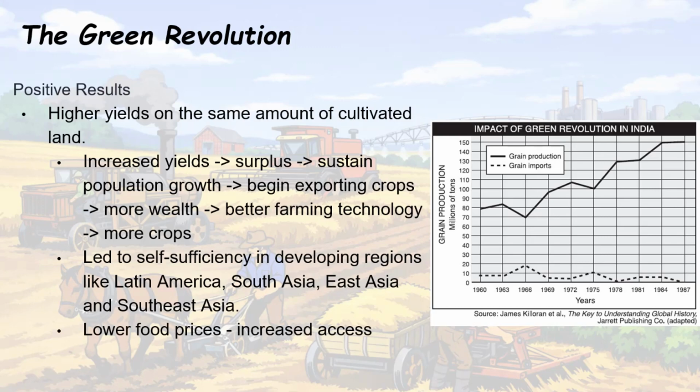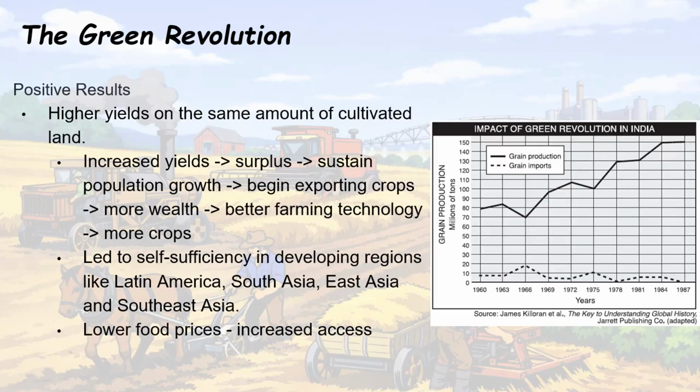In regions like Latin America, South Asia, East Asia, and Southeast Asia, this leads to greater food security and, in many cases, self-sufficiency. Food prices drop, access increases, more people can afford to eat. It is giving we solved a global crisis. But when you boost production that fast, using that many chemicals and that much irrigation, the environment is about to